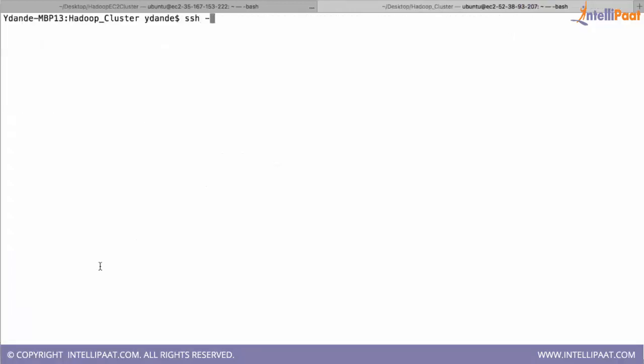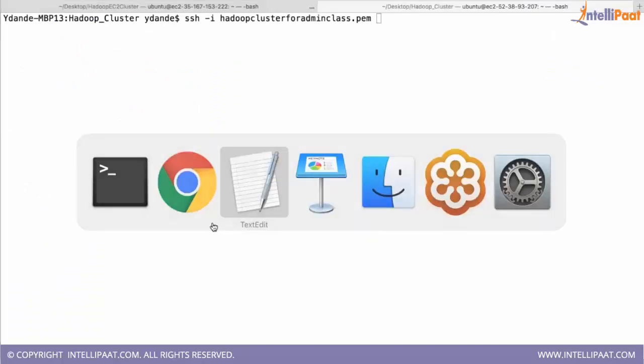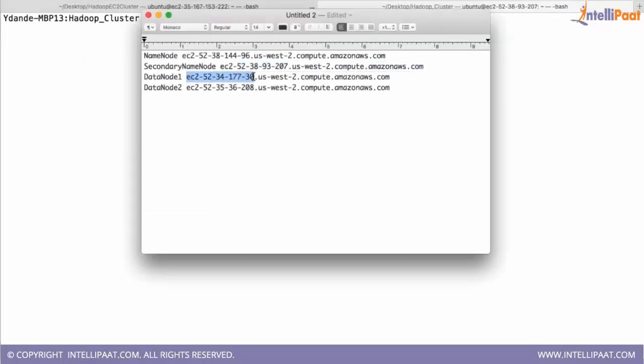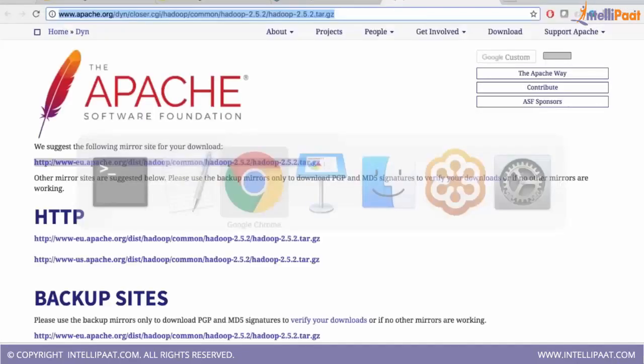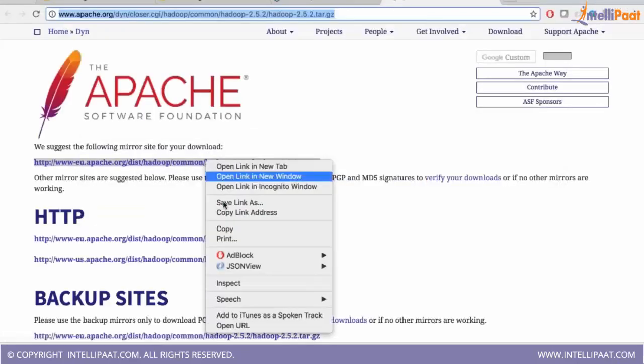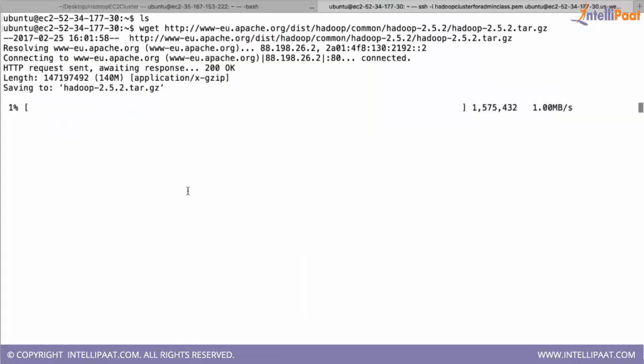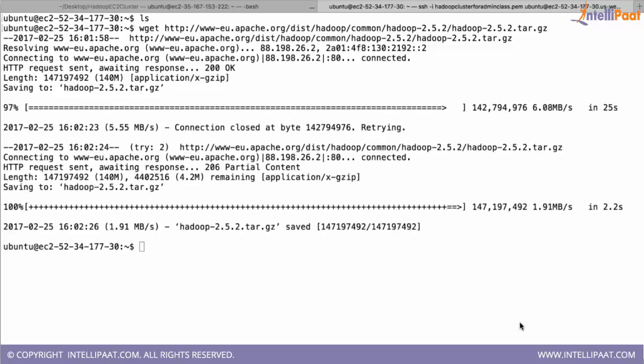Now let us download the same file on data node 1. We have to repeat the same thing on data node 2 also. We're going to log in. This is logged in. You see ls, there is no file. We are just downloading that file. Yeah, we can do that also.